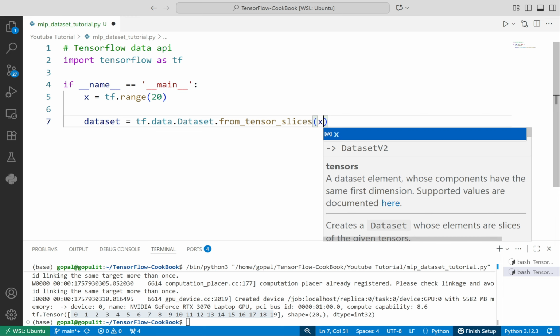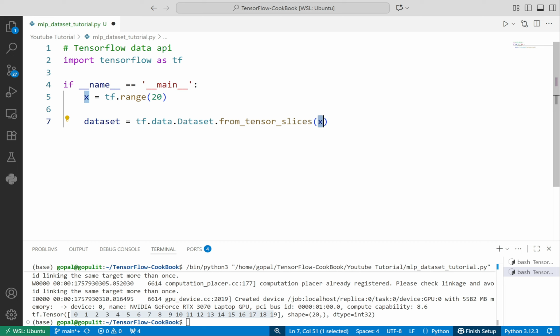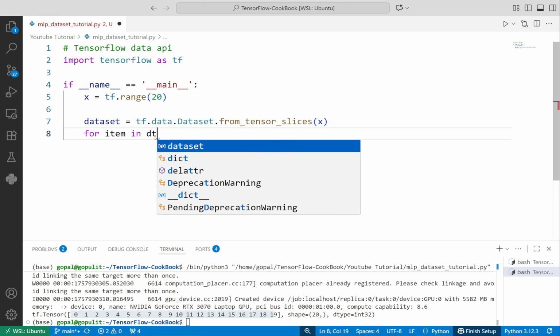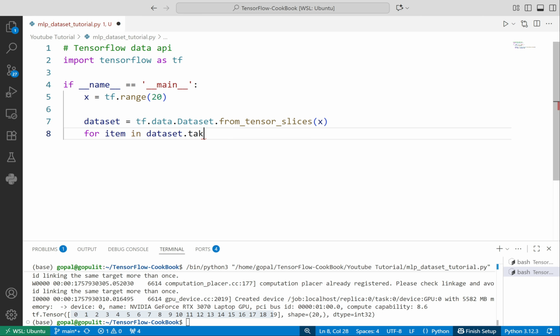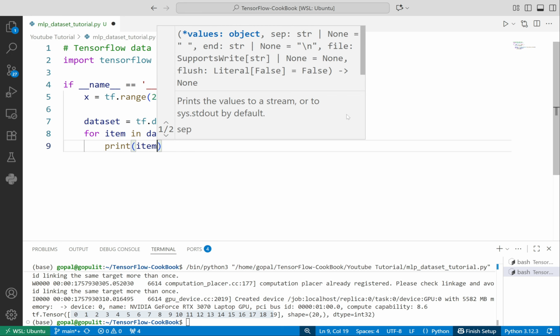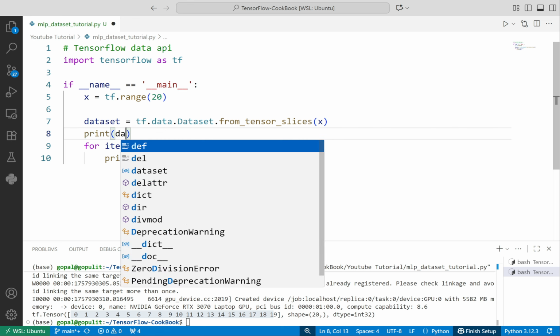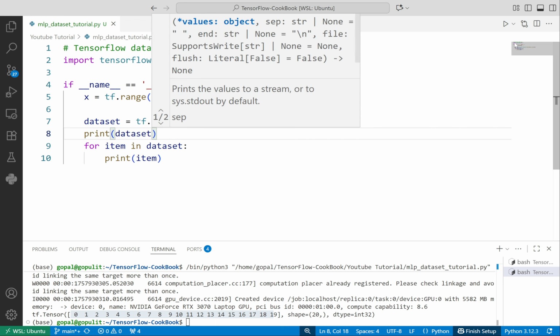Here it's x, so x can be either a tf.Tensor, or simply an array with a list of elements, and we can create the dataset out of it. Now we can also see how this dataset looks, for example: for item in dataset.take, print item. Let's also print the dataset object to see what that does.